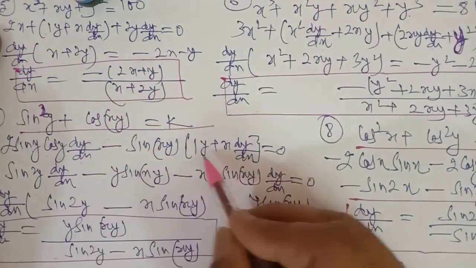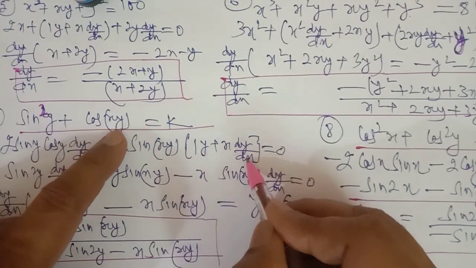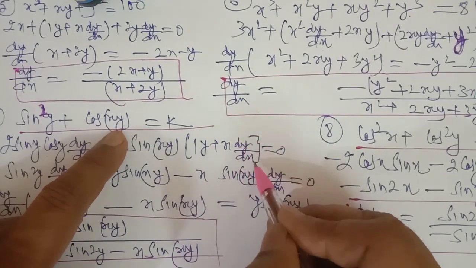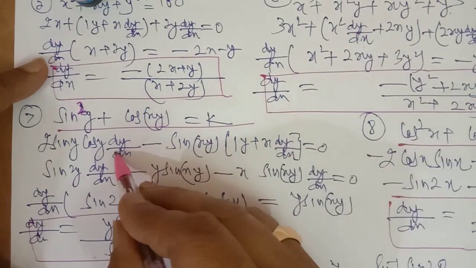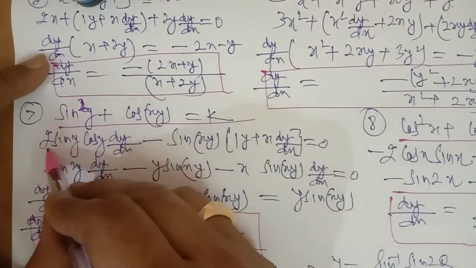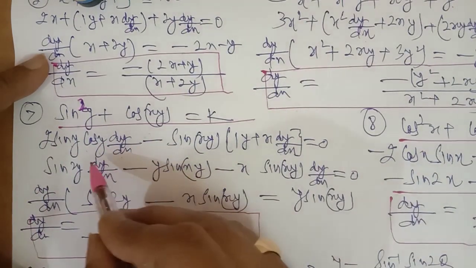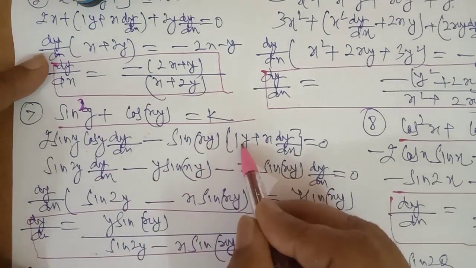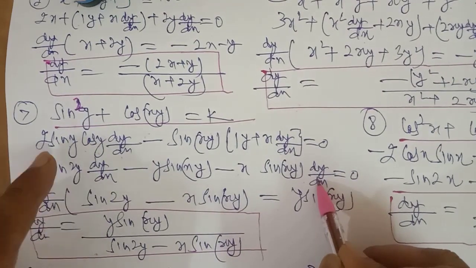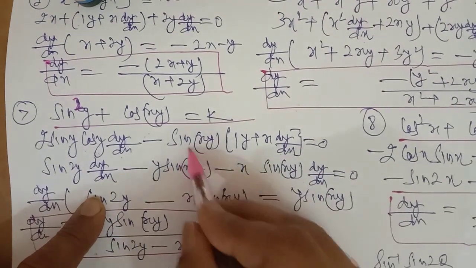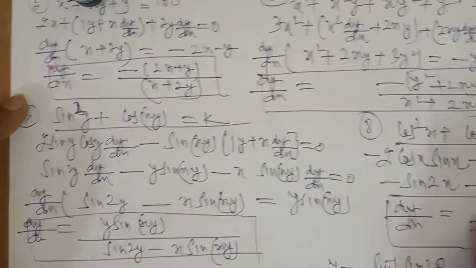The product rule differentiation of x into y we have already done in the above questions. First differentiate x, then differentiate y, and whenever you are differentiating y you have to multiply with dy dx. So how many times are we getting dy dx? 2 times, 1 here, 1 here. 2 sine y cos y we can write as sine 2y. So you take dy dx common in this term and in this term, open the bracket. So it will be equal to sine 2y minus x sine xy, and take this term to the right hand side. So dy dx will be equal to this upon this.